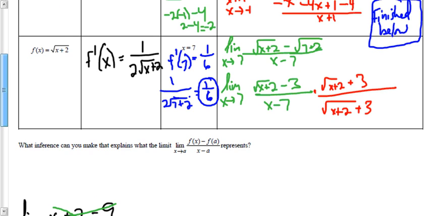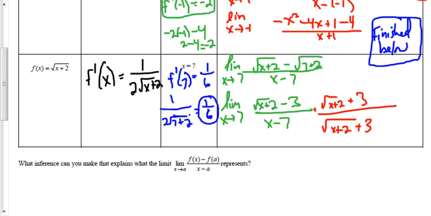So if you're writing this down, and the last one, we find the derivative is 1 all over 2 times the square root of x plus 2. We found the value of the derivative is 1/6. How do I get that? I just substituted into my derivative. I substitute in 7. 7 plus 2 is 9. Square root of 9 is 3. 2 times 3 is 6. So we get the value of the derivative